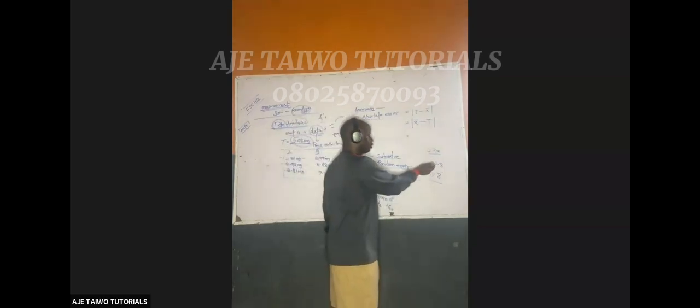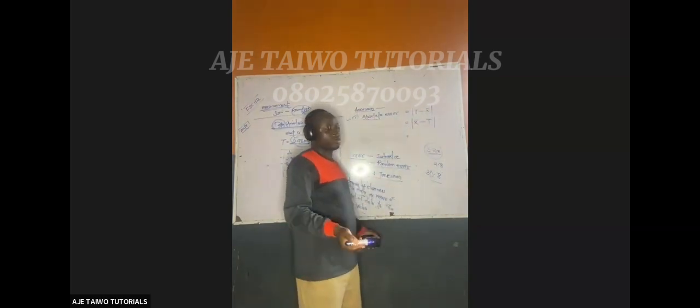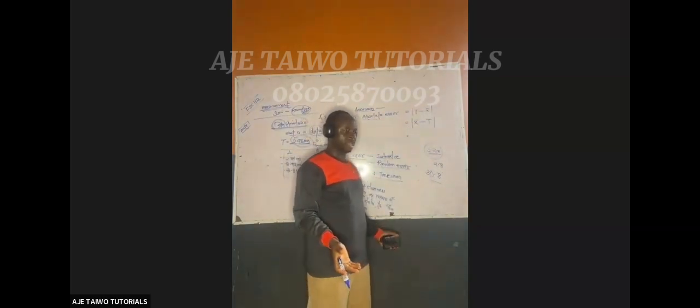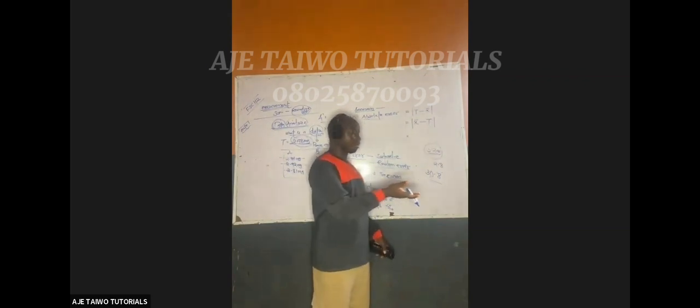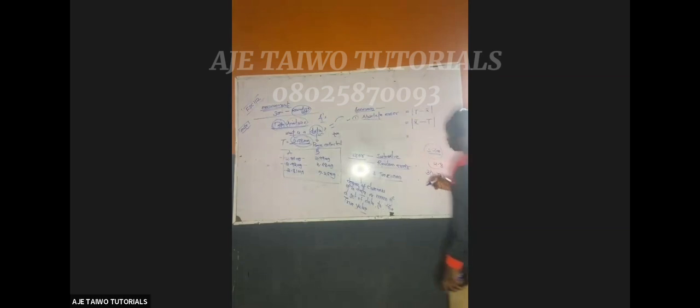Now, either of you has committed what error? Because this is the true value of my measurement. You have committed an error. Reason for your error, this is systematic error or random error, I don't know. But I know you have committed an error. What is the error committed now? Your absolute error is now what? What you should have measured and what you measured. That would be 3.2 minus 2.8. You've committed 0.4 meter error.